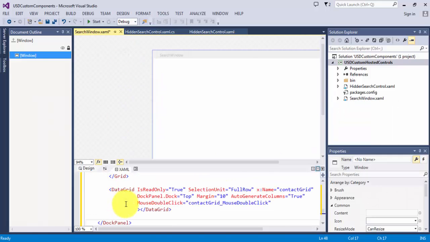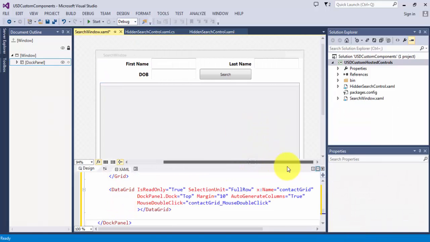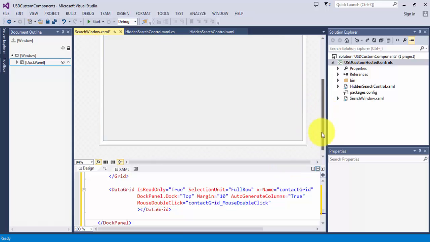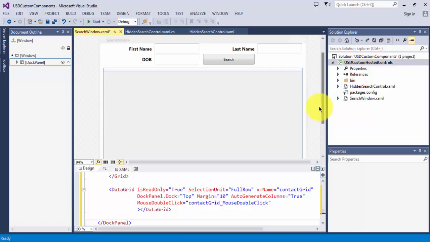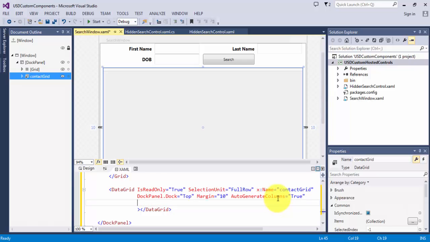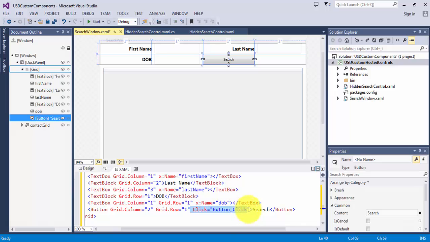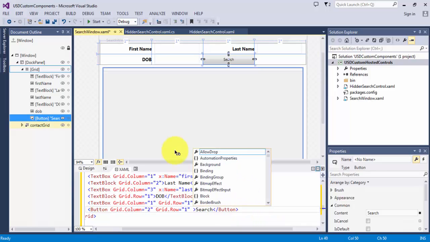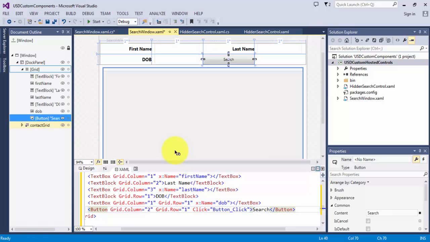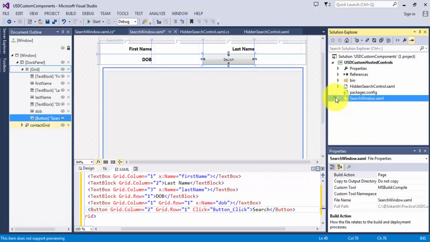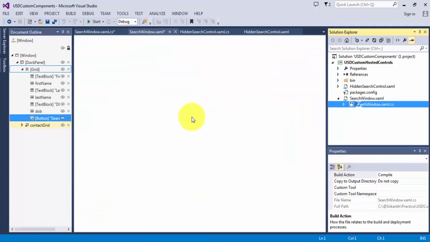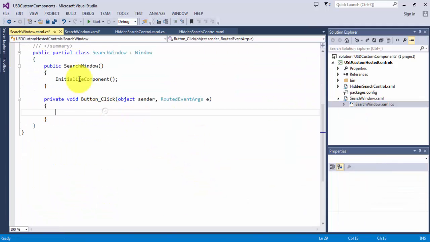I just have this small code. So I just created this UI for my users. You are going to implement all your other controls, all your other search fields. So this is what my UI looks like. And so what I'm going to do is, on click of this button,